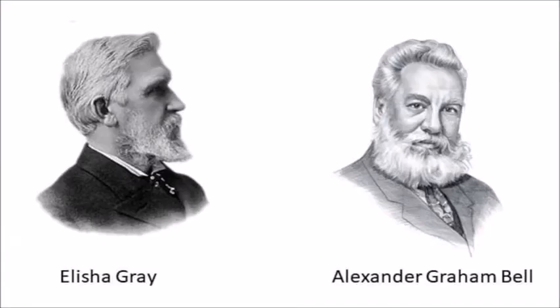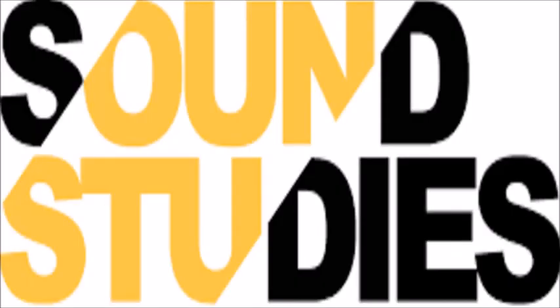Among the many inventors to develop multiplex telegraphs were Alexander Graham Bell and Elisha Gray, whose work on sending acoustic frequencies over telegraph wires would eventually lead them to discover the principles that would be used for the telephone. In any event, while these early multiplex telegraphs worked reasonably well, they had a tendency to generate phantom signals in the form of loud clicks that reminded many telegraph operators of the sound of an insect.